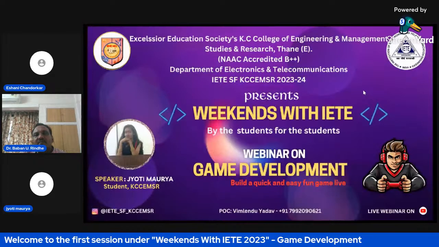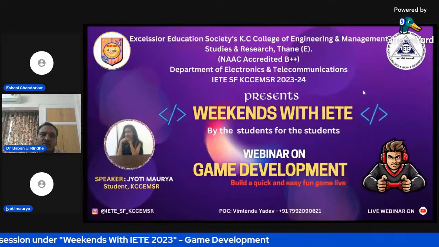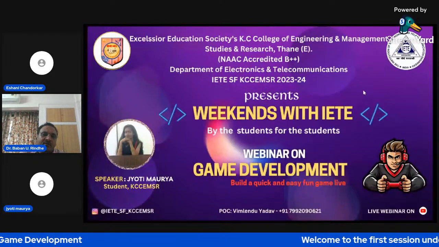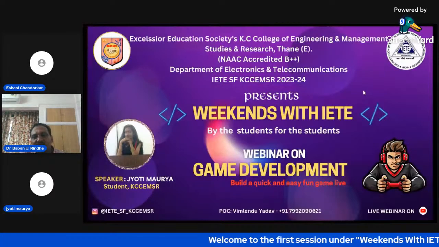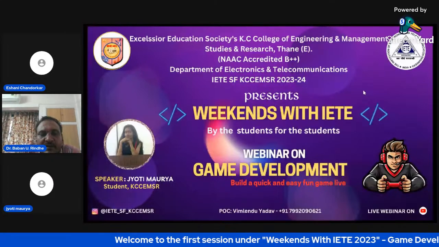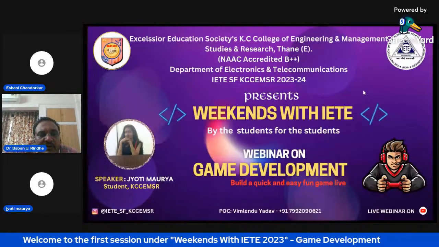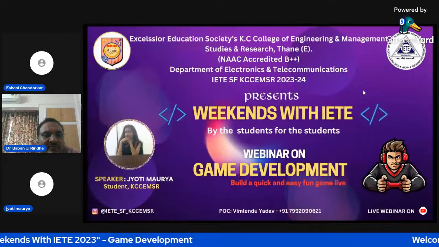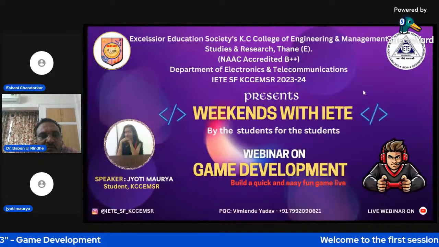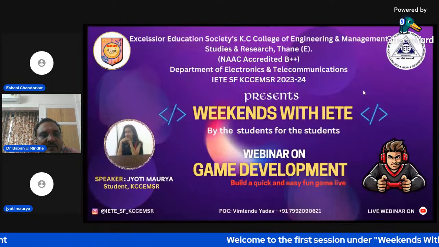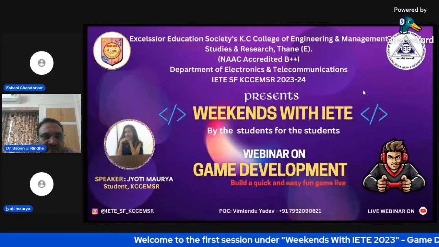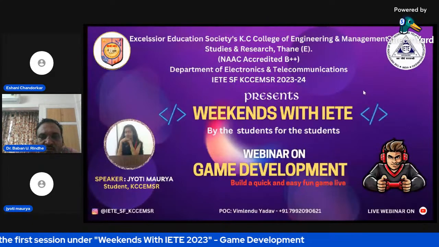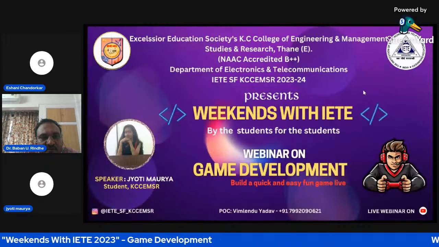This is actually how a game is played by electronically manipulating the images produced by a computer program on a television screen or other display screen, just like your laptop or PC. Jyoti will explain the insight on this game development topic, the difference from movies, and the software which is used for this, and how the game is an interactive medium that you can make more interactive with the help of the game.